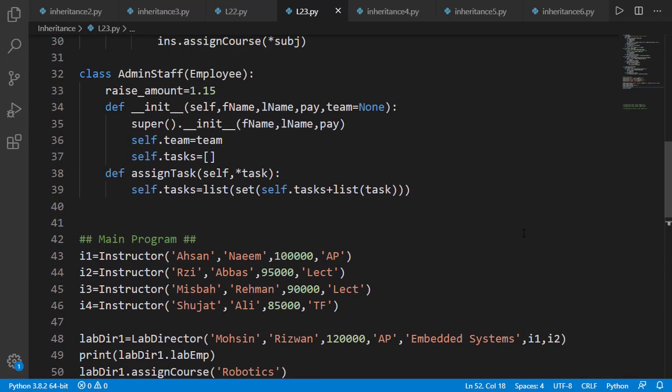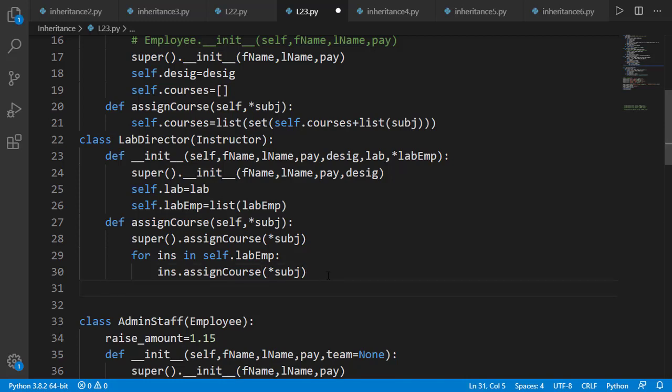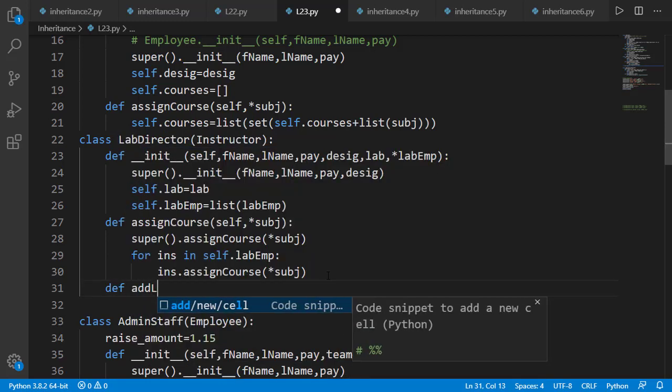Now let's also define add lab employee and drop lab employee without much of the checks, and you can test these by yourself.